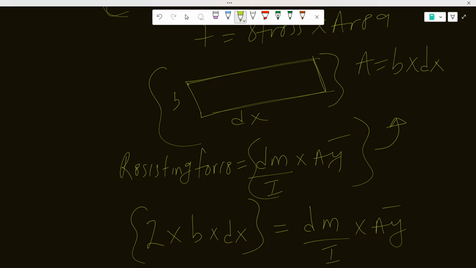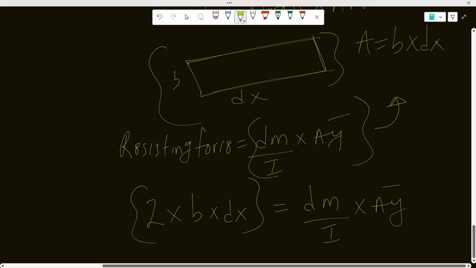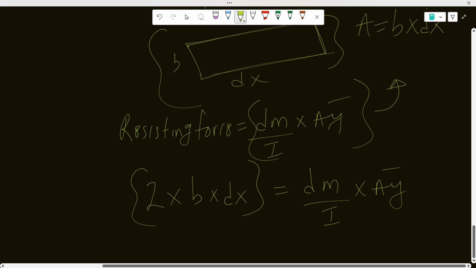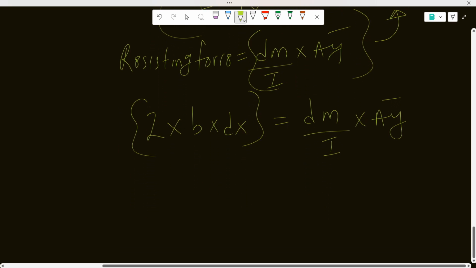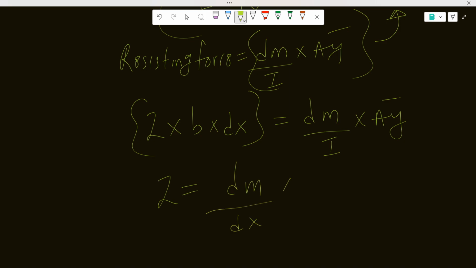So this particular force is called the shear force that will tend to resist the sliding effect. Since it's shear, I'm dealing with tau, times B times dx. So I can now say that my shear stress is equal to dM over dx times A y bar over I